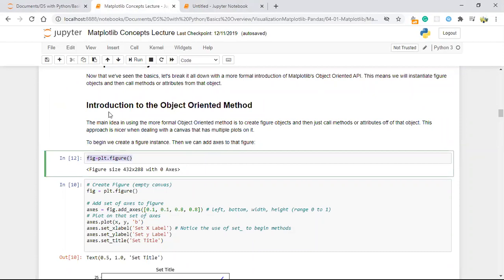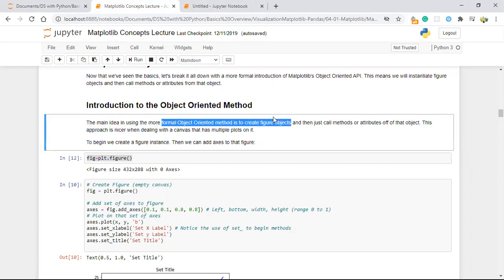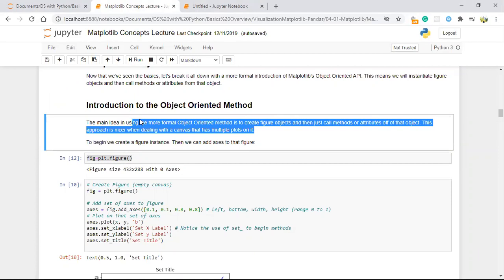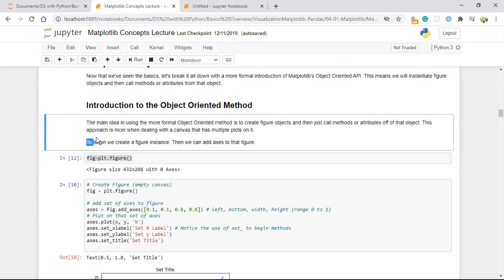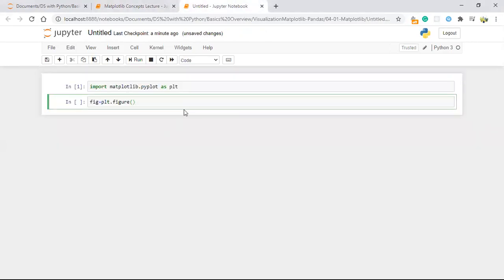This figure is a formal object oriented method which is used to create figure objects. Within this object we can call some attributes or methods, and we can make a nice canvas and make multiple plots, all those things with the object oriented method. So I'm just plotting this.